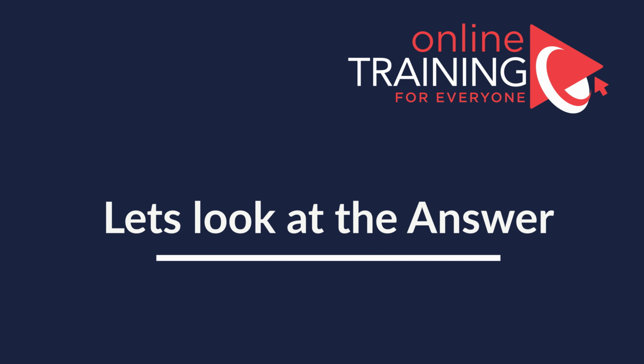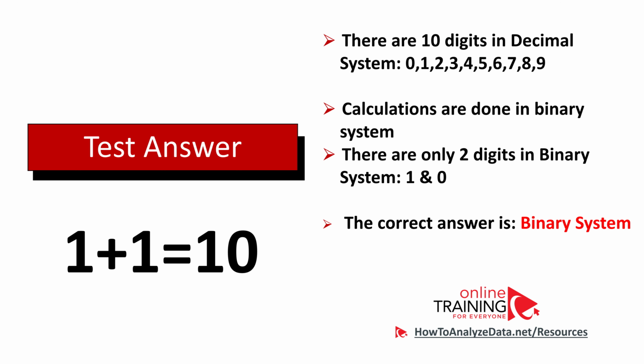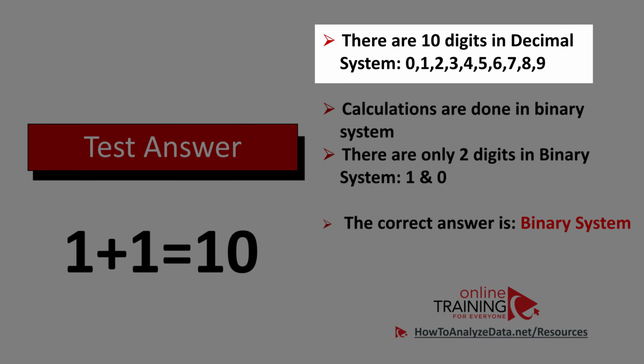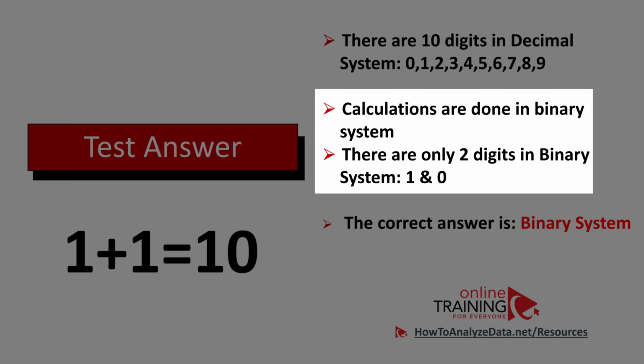Do you think you know the answer? Let's continue to see how we can solve this challenge and get to the correct solution together. Typically, when we do calculations, we use 10 digits in the decimal system. We use 0, 1, 2, 3, 4, 5, 6, 7, 8, and 9. But here, calculations are done in the binary system, and there are only 2 digits in the binary system, 1